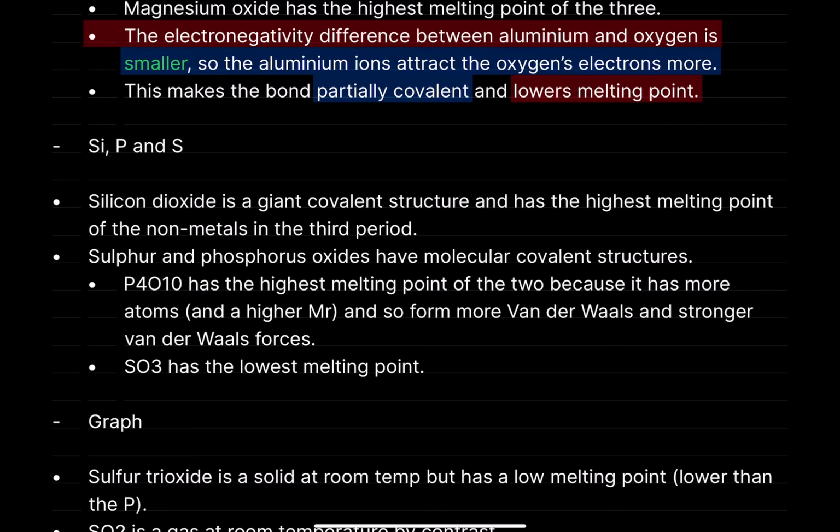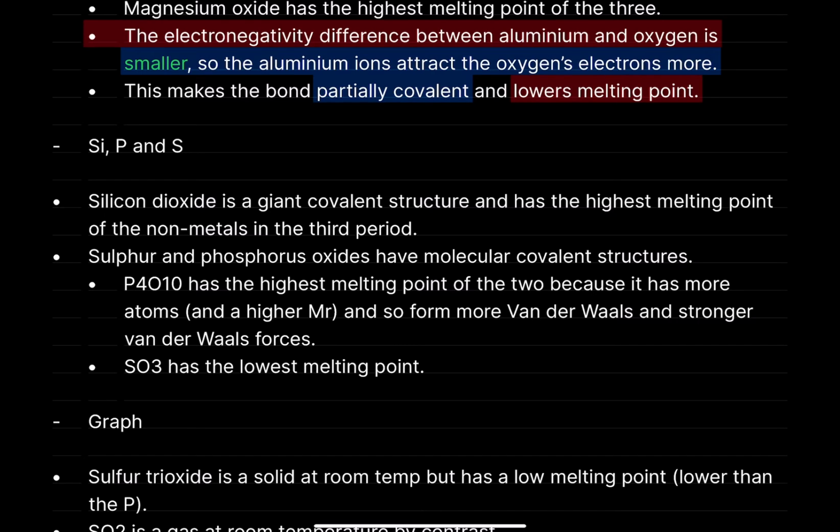I won't use that example. I'm just going to talk about sulfur and phosphorus oxides separately here, because I'm not going to compare them to the elements. I don't want to confuse people too much, but I'll just say that silicon dioxide, giant covalent structure, has the highest melting point of the non-metals in this third period,